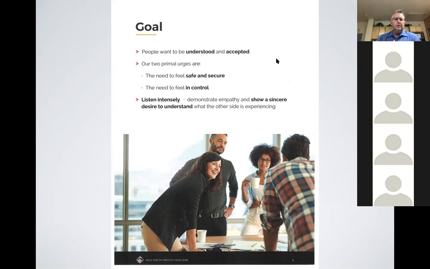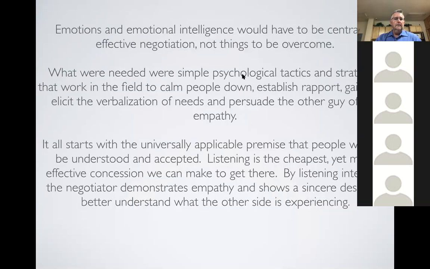Our two primal urges as human beings: the need to feel safe and secure, and the need to feel in control. And then listen intensely, demonstrate empathy, and show a sincere desire to understand what the other side is experiencing. I've heard him say in several of his talks, not so much in this part of the book, that it only works on humans. It doesn't work on animals, right? Because you're not going to have an understanding of an animal. But it really does work when you start looking at the